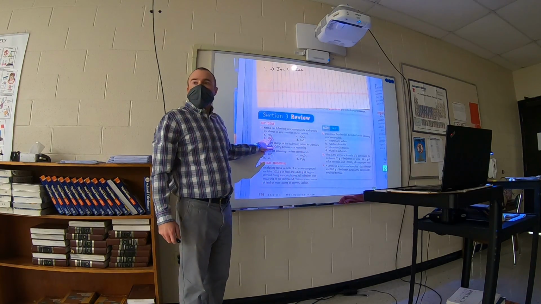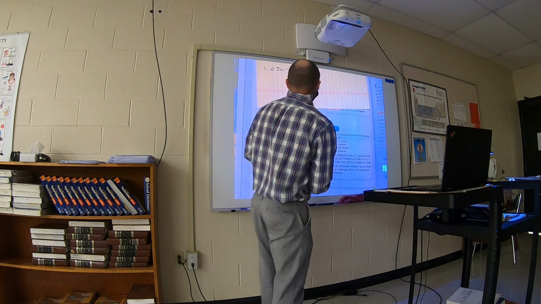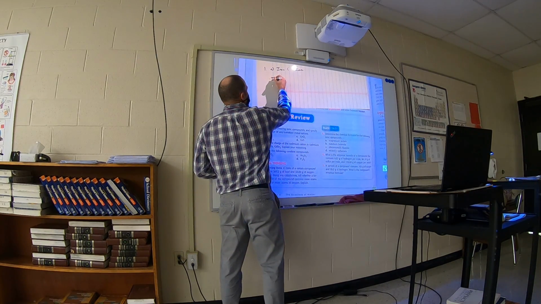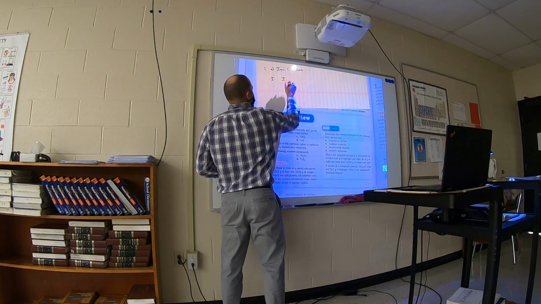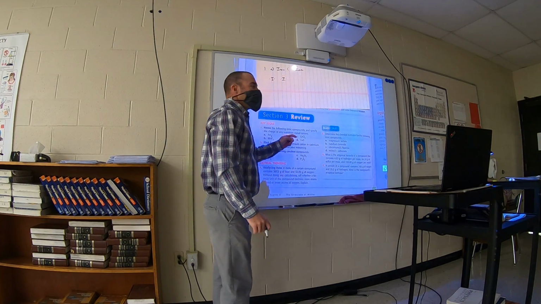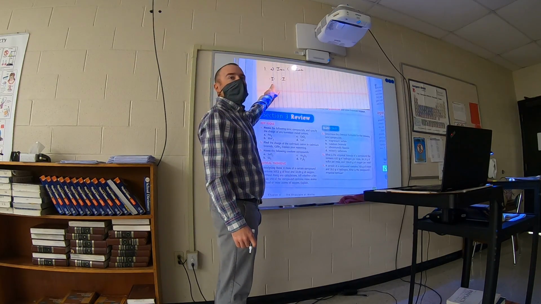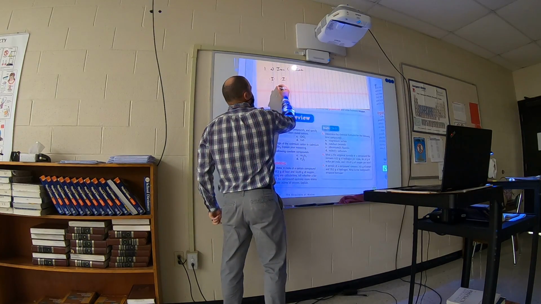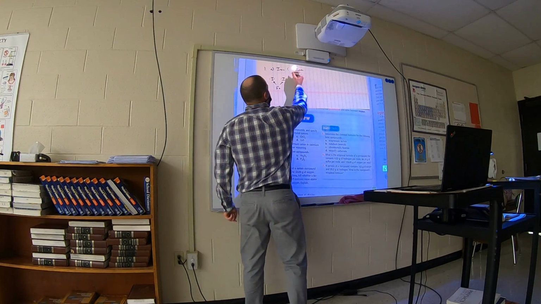How many I's do we have here? Two. We know that iodine is in group 17, so iodine is going to have 7 dots. So I'm going to draw 2 iodines with 7 dots. How many dots does this iodine need to become chemically stable? 1. And this one also needs 1. So the iron, since there's only 1 iron, has to have 2 dots, 1 to give to each iodine. And so this is going to be iron 2